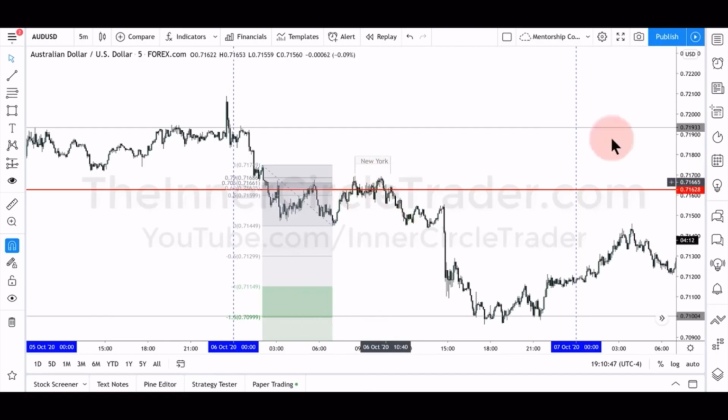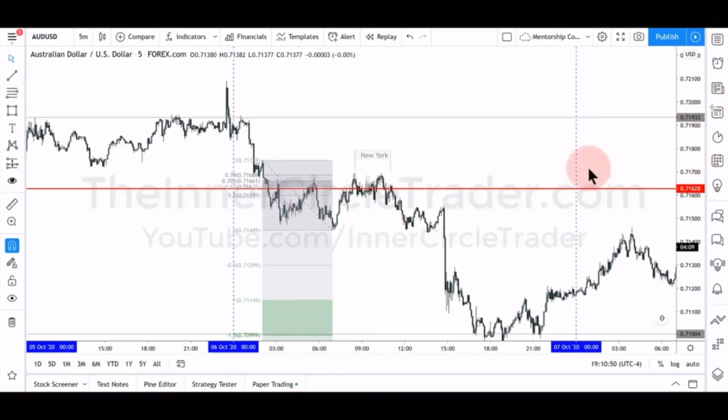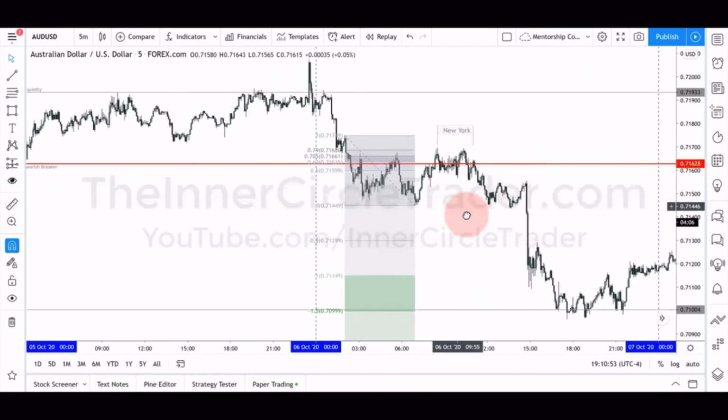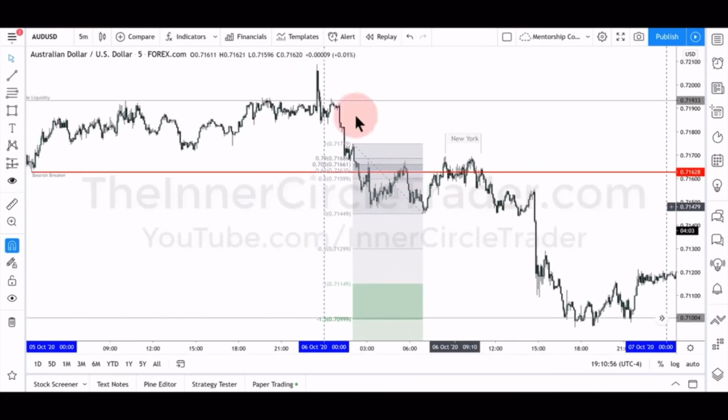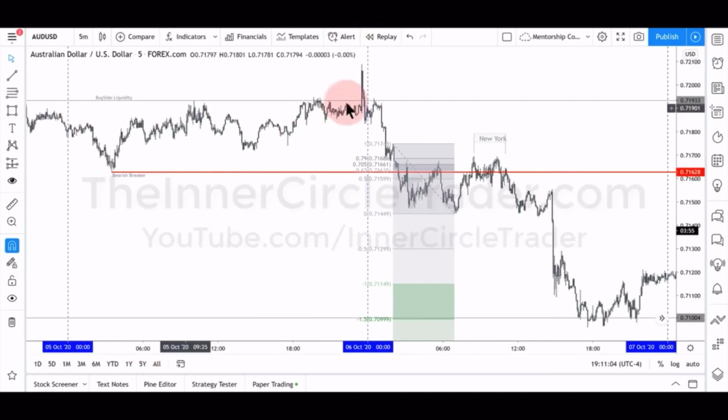So you have a blending of two of my concepts together within a narrative using the economic calendar to frame it. So we're not trying to predict this break in continuation. All we're doing is saying, okay, what did they do overnight? They ran liquidity out here and rejected it. We can get short in here in London if we want to, but you don't have to. You wait until the New York session. Use the volume that's used in this time of day with the breaker. So now you have